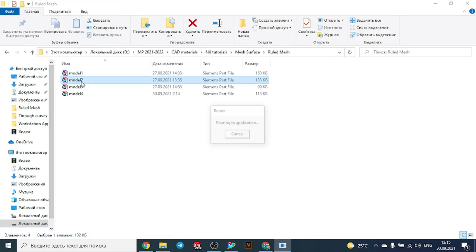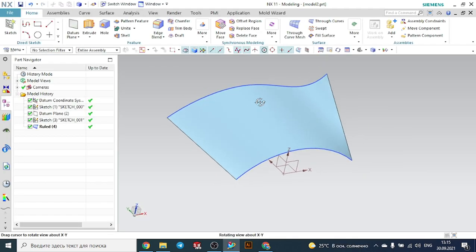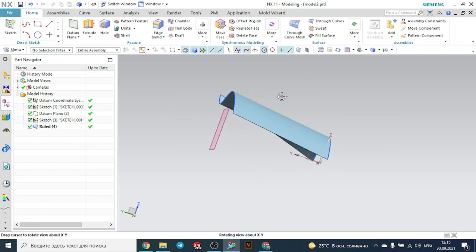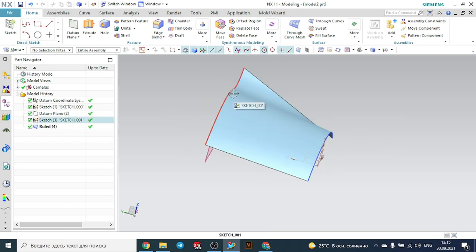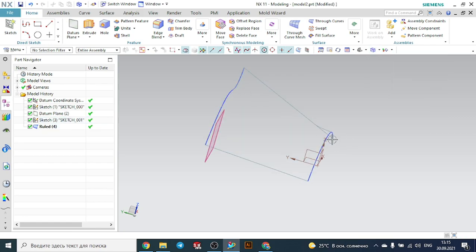I will open the new model. Also, you can create such surfaces with the ruled one, and you see here two cross sections. In this case, two lines are used as cross sections, this line and this line. So let's go on and open a new file